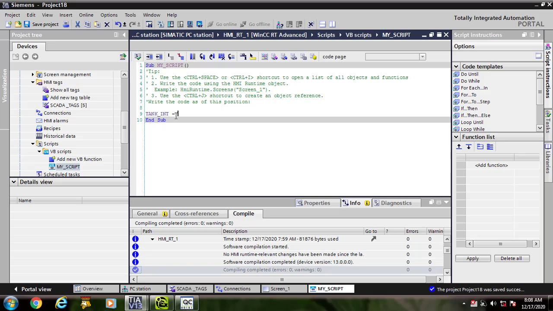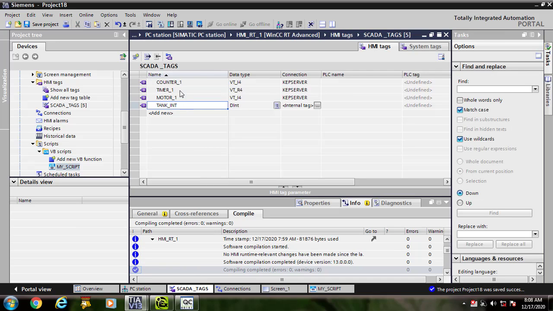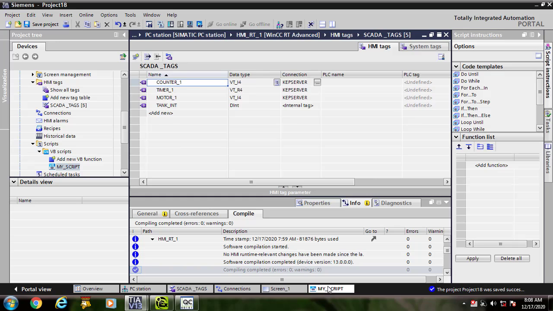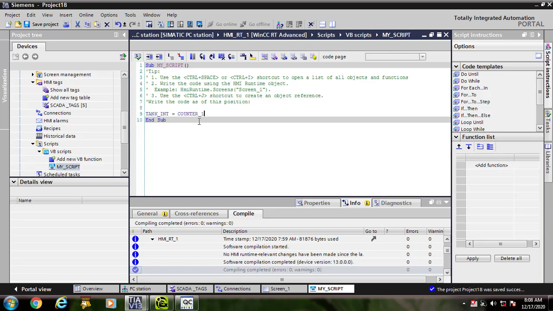This is equal to counter 1. I want to display the data of counter 1, so copy it and paste here, and it is divided by 1. It means the exact data of the counter will be displayed on my tank. If data is divided by 1, it means that the same data of the counter will be displayed on my tank